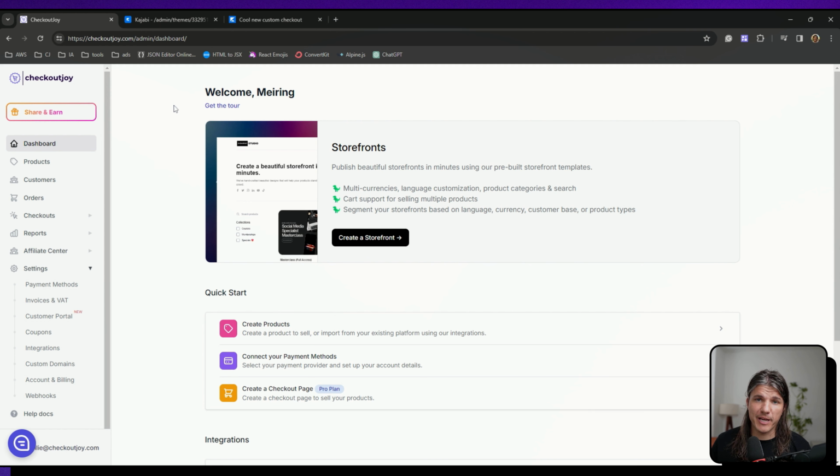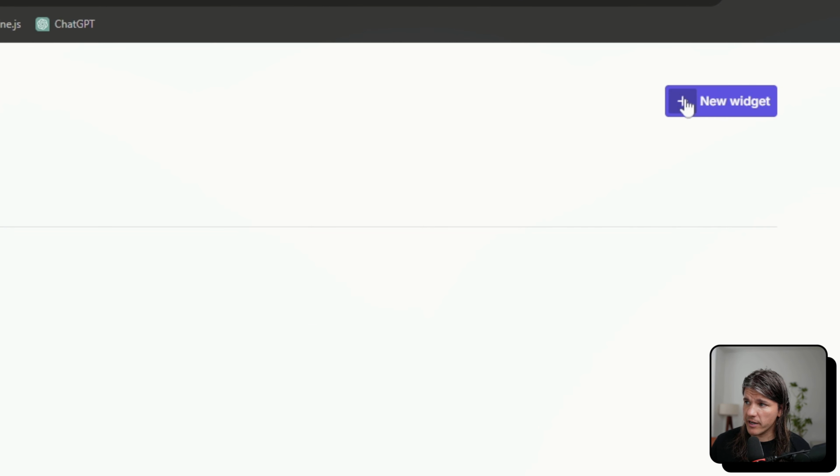So in your CheckoutJoy dashboard, we need to create a checkout widget. We've already linked your offer to CheckoutJoy, and we're going to use that product to set up a checkout widget, which you can now embed on your website. All right, so in your CheckoutJoy dashboard, go down to checkouts and you select widgets. This will list all your existing widgets that you have. We're going to create a new widget,